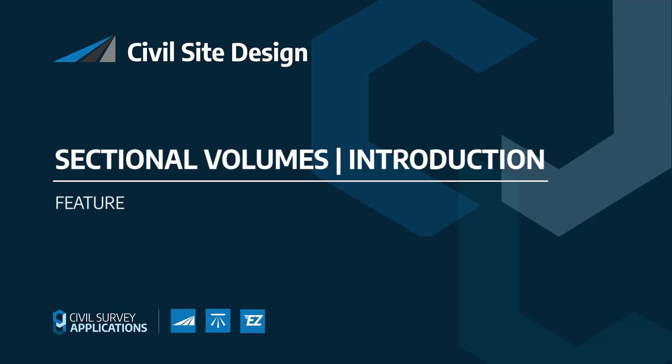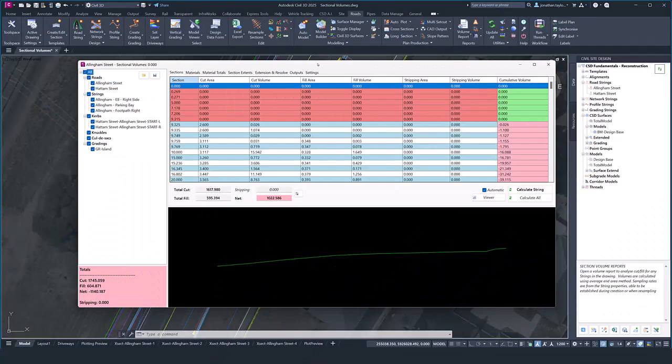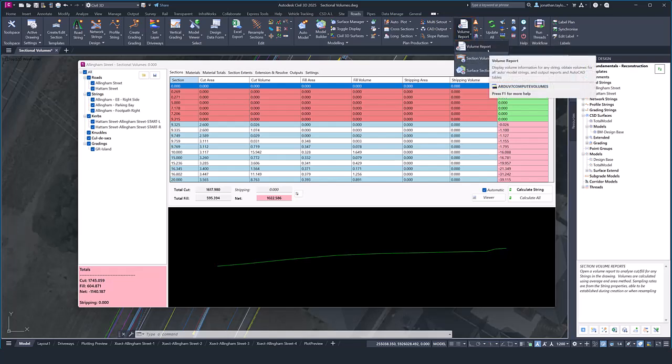A new sectional volumes tool has been added to Civil Site Design version 25.1. To access this new tool, you can find it on the Roads tab, Volume Report pull down. You'll see the current volume report still available for users to use, but the section volumes is now found on that pull down. If you're going to access this through Toolspace, you can head down to the bottom of Toolspace,